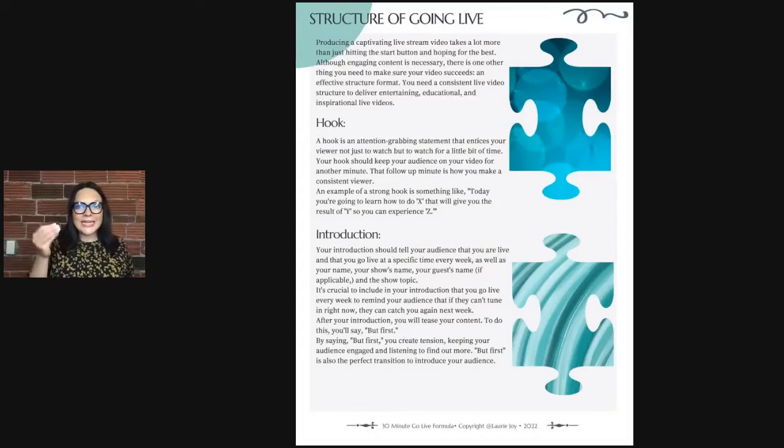But remember, 95% of the people that are going to watch your trainings, ladies, are probably going to be on the replay. And nobody wants to sit there through the replay, through the introductions, the preamble, all of those things. Get to the point, tell your people what you're teaching, the benefits of which, what they are going to get out of it, what you have for them, and then go through it. Okay, so we definitely need to have a hook.